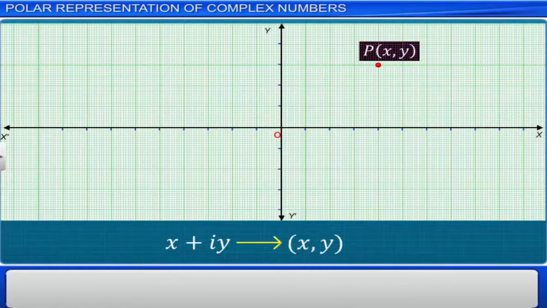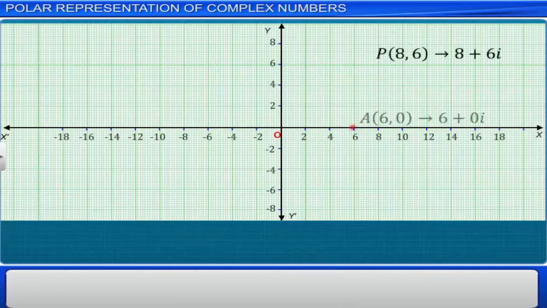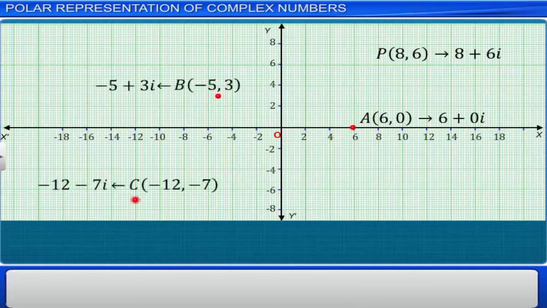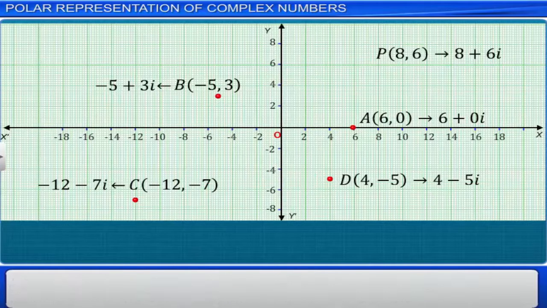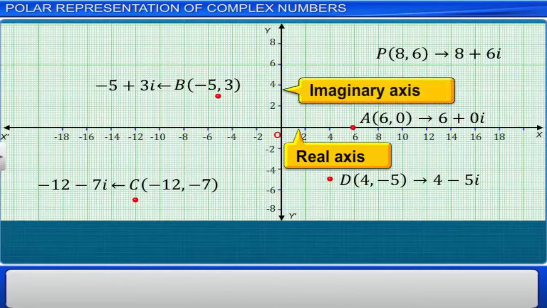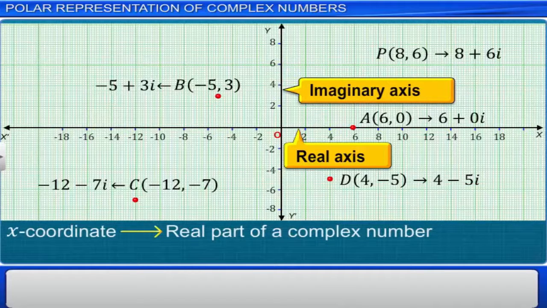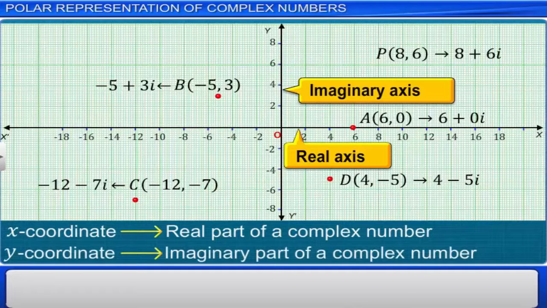Conversely, each point in the xy plane represents a unique complex number. In the figure, each point in the xy plane represents an ordered pair corresponding to a complex number. A plane having complex numbers corresponding to each of its points is called the complex plane or the Argand plane. In the Argand plane, the x-axis is called the real axis and the y-axis is called the imaginary axis. The x-coordinate of a point corresponds to the real part and the y-coordinate corresponds to the imaginary part of a